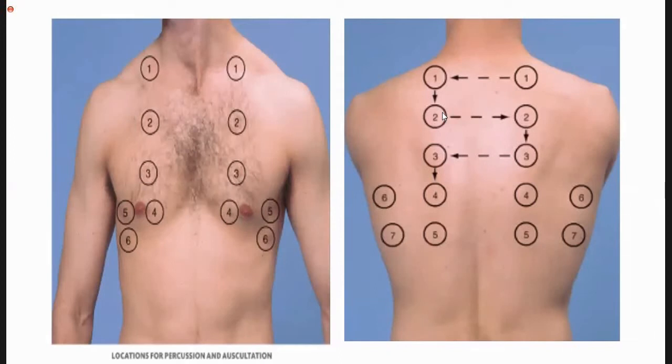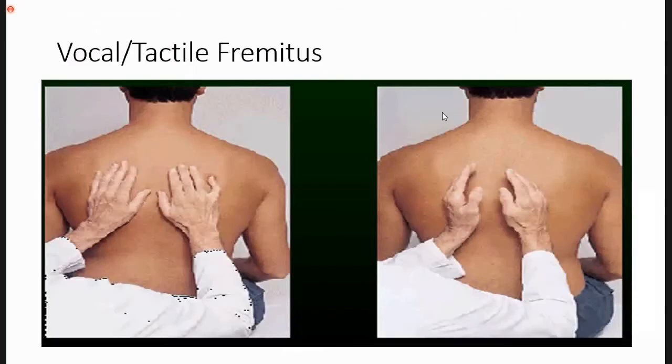The arrows are showing the step ladder pattern. So always in a respiratory examination, we perform the examination in a step ladder pattern, and these are the common points we have to auscultate. While doing vocal or tactile fremitus, we place the lateral border of our hand on these points and we ask the patient to repeat 99, 111, or in our setting, we ask the patient to say teen, teen, teen because of the language we use here.